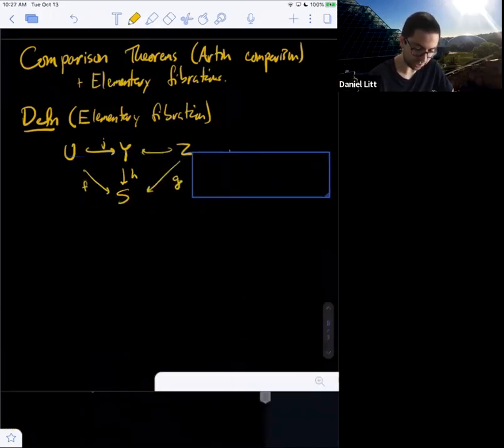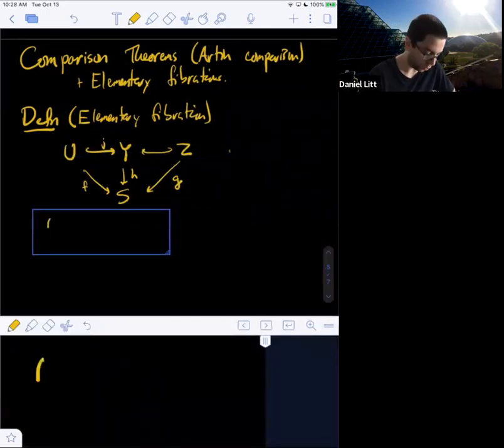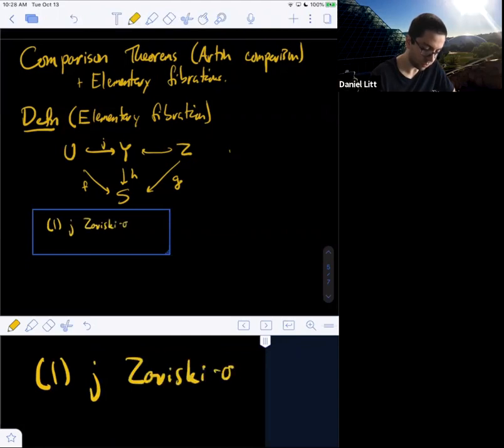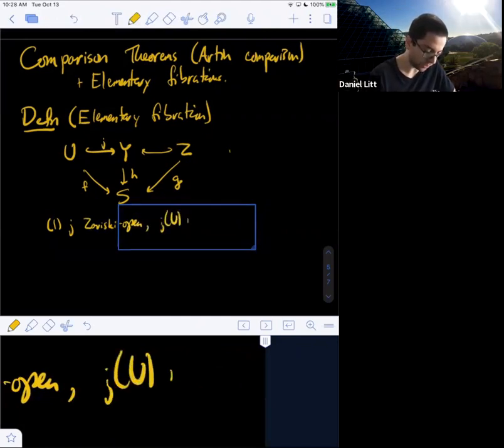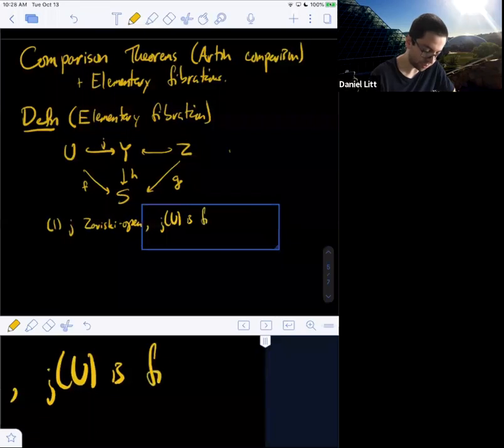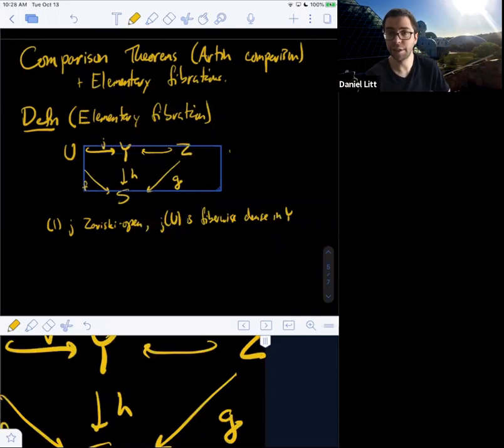One is that J is a Zariski open embedding, so U is an open subset of Y. Moreover, J of U is fiberwise dense in Y. In other words, in each fiber of Y over S, the image of U is dense in that fiber.